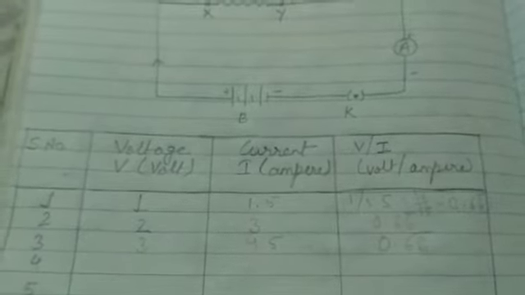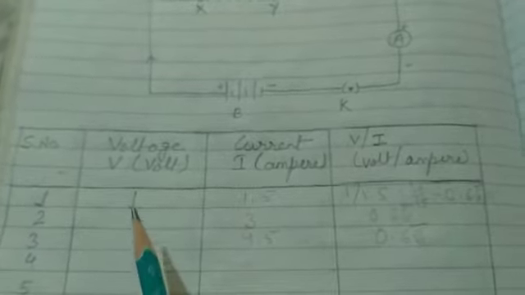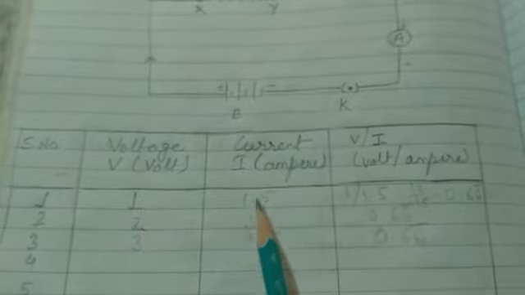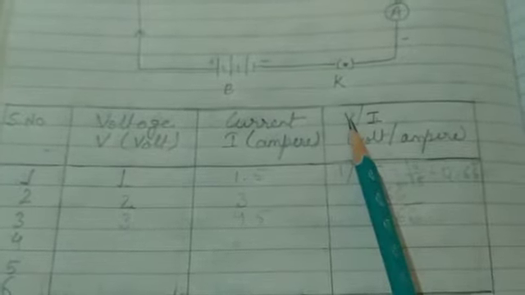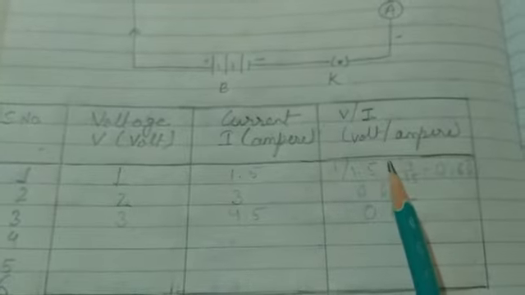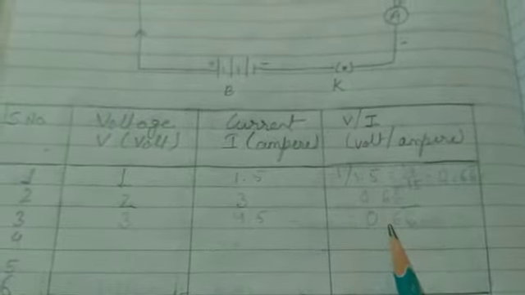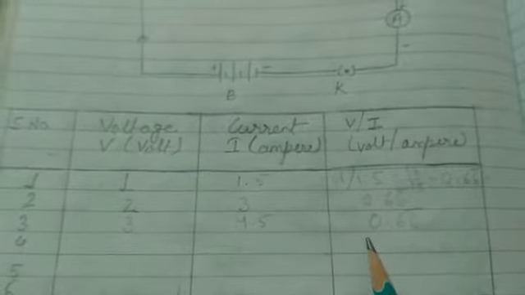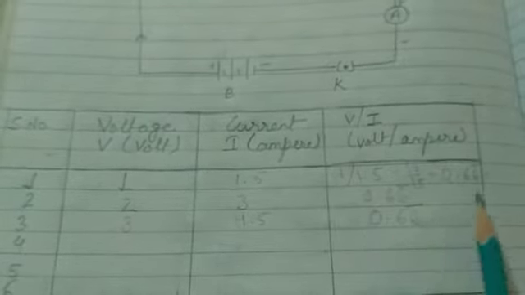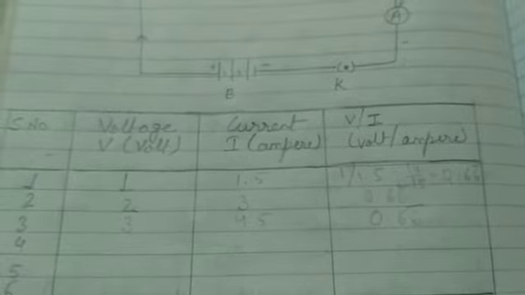So what we have got here? We got two things. First, by increasing the voltage, current is also increasing. Okay, that means current is directly proportional to V. And second thing, the ratio V upon I is constant. Okay, and one more thing we have to remember, that this we achieve only when the temperature is constant.